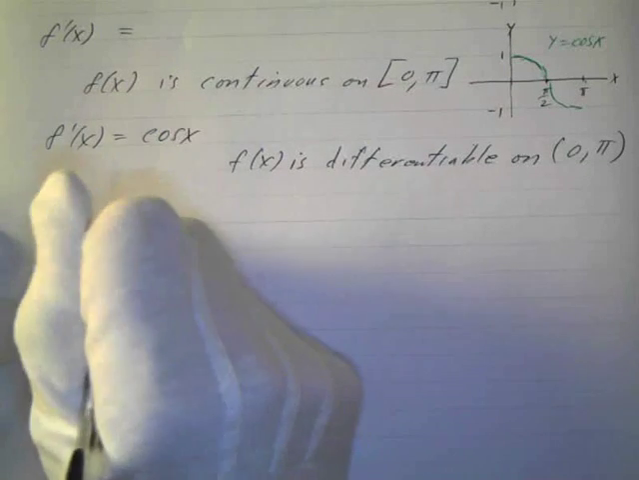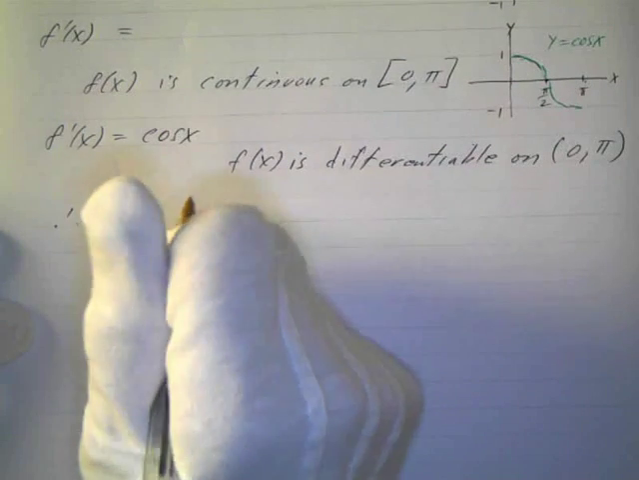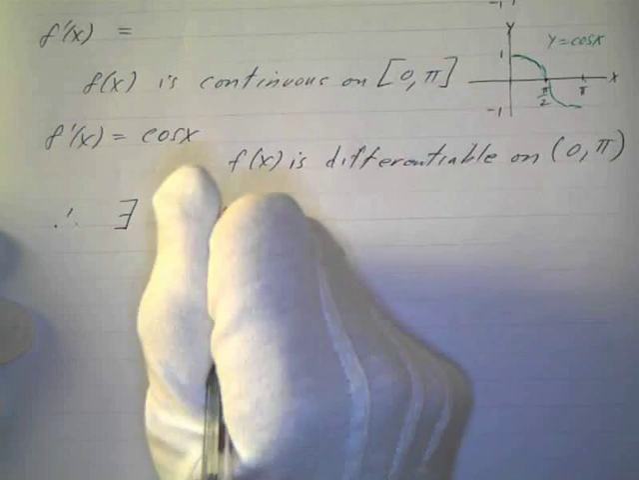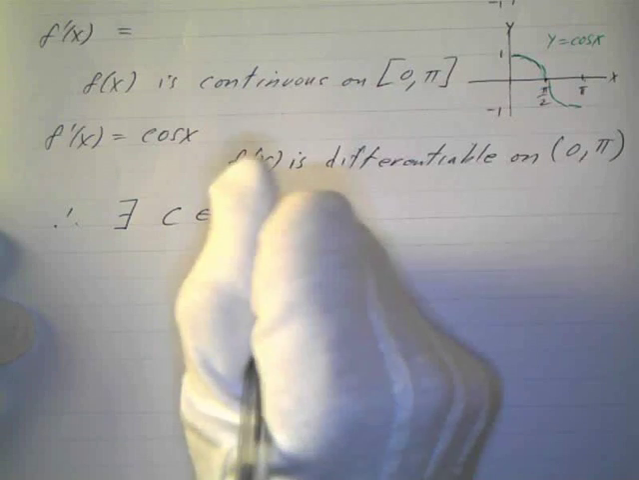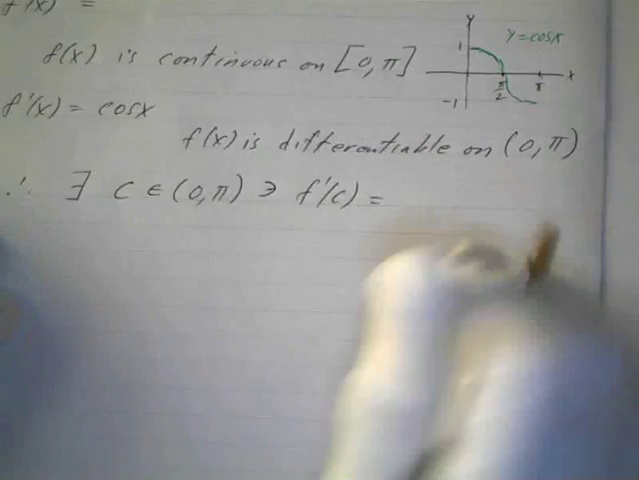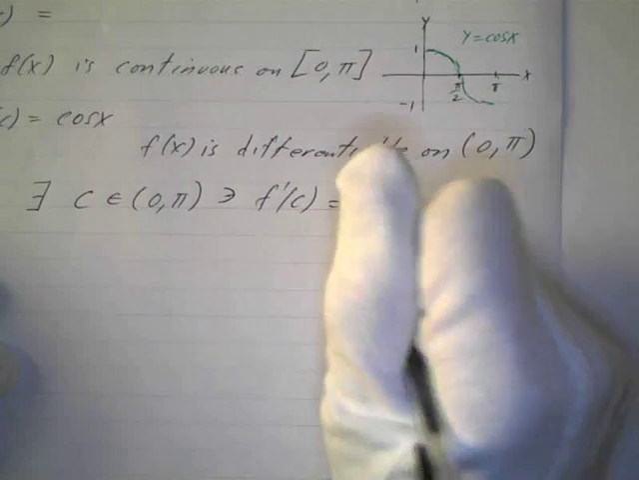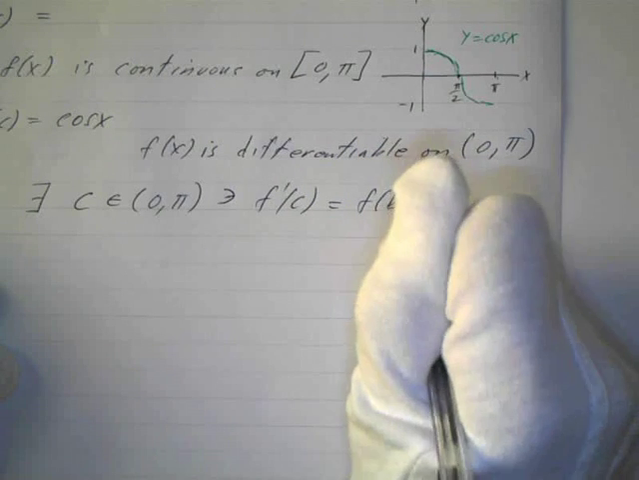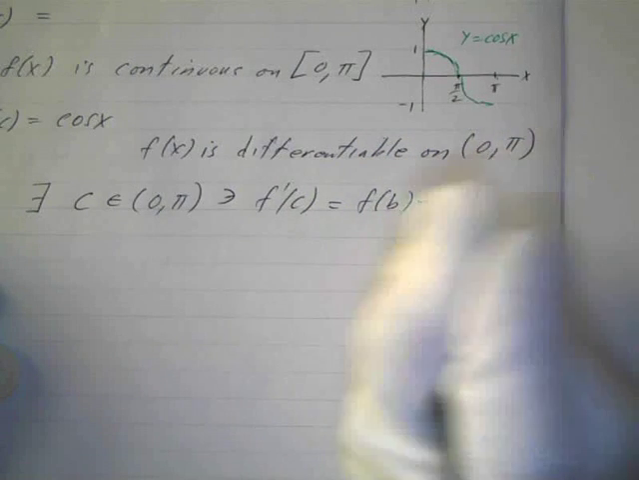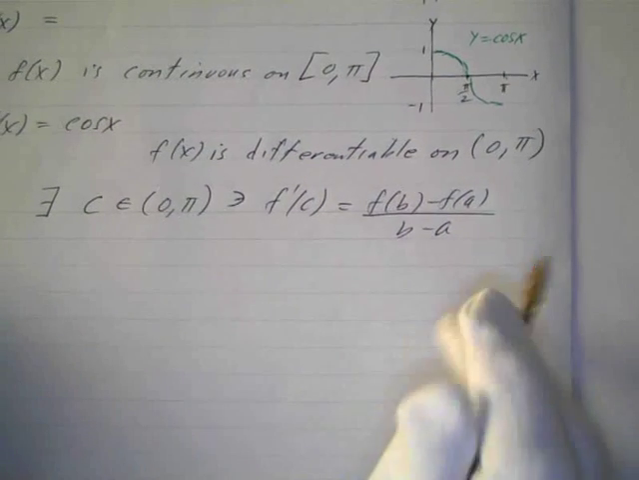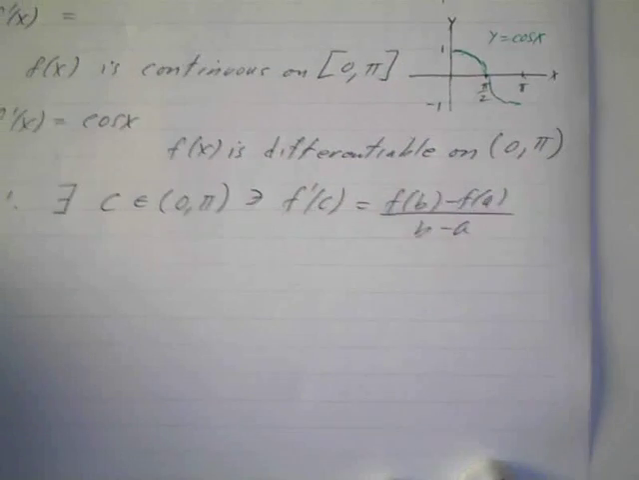So therefore there exists some c that belongs to that open interval 0 to pi such that f prime of c equals f of b minus f of a all over b minus a, which is the average rate of change, the slope of the secant line. Okay,